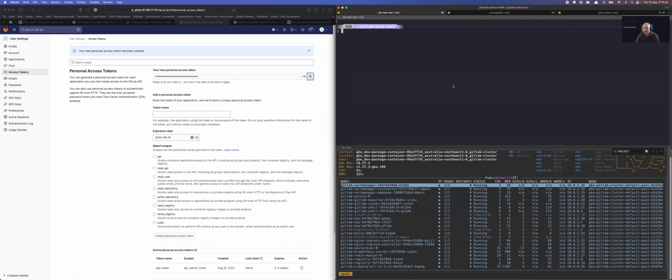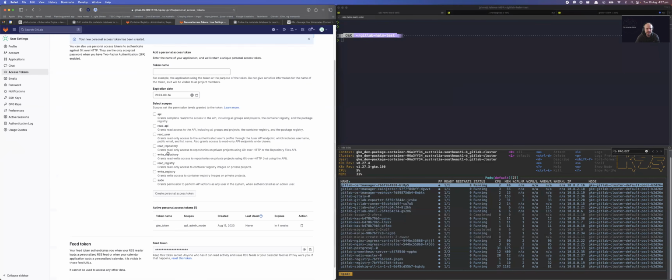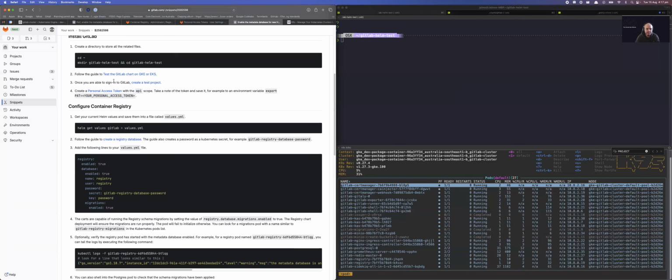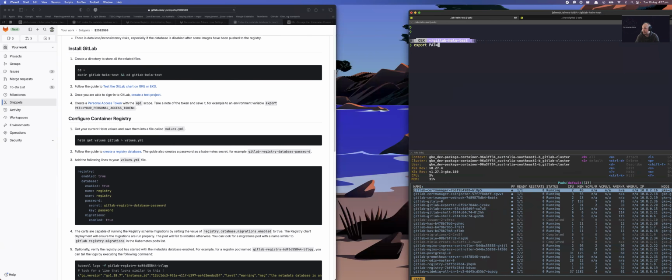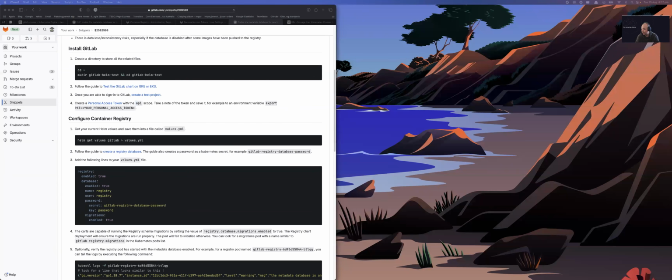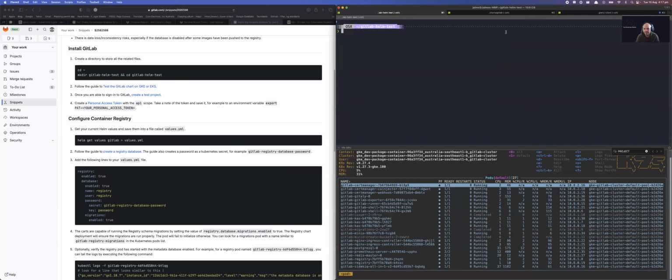I'm gonna copy it, and I'm gonna export it. Following the guide here, I'm gonna export it to an environment variable. Here, I'll specify here. So I'm gonna say export path. I'm gonna move this away for a second. Cool. I have exported the path, and now I should be ready to move on to the next step,